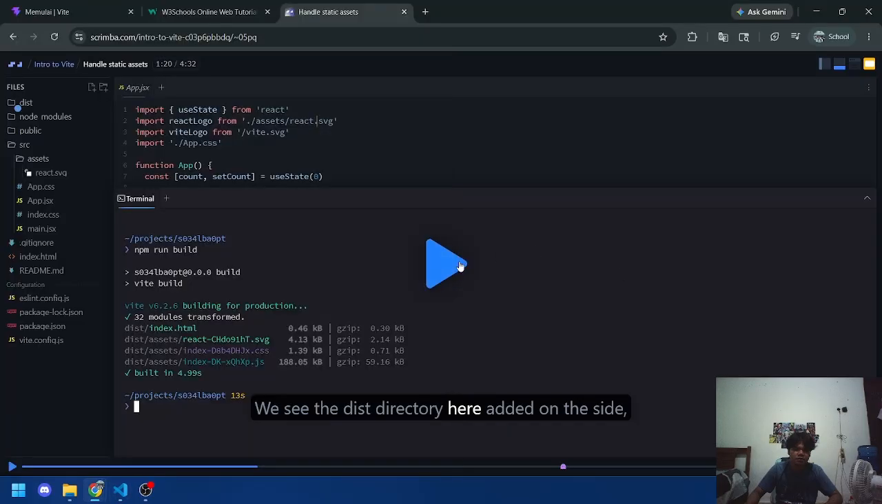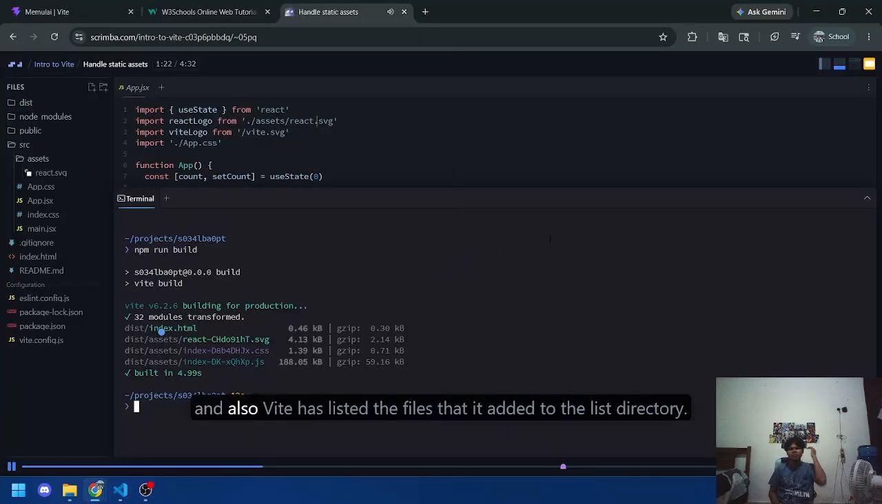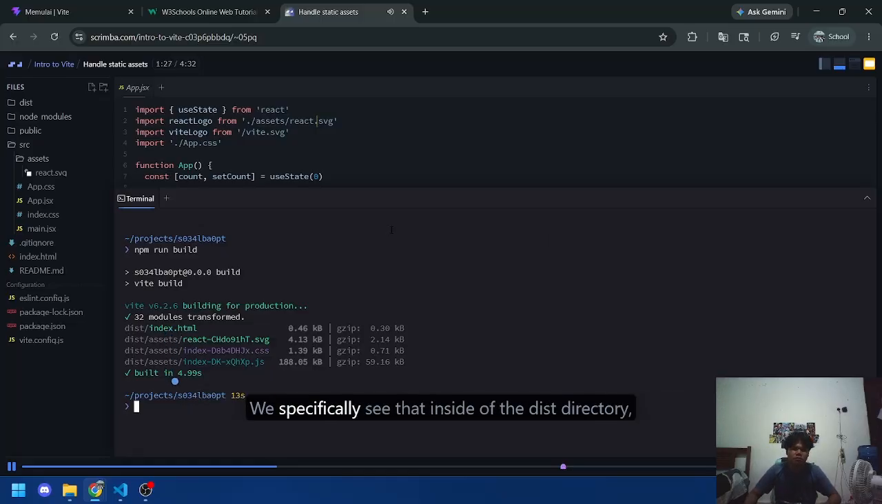Here is added on the side, and also Vite has listed the files that it added to the list directory. We specifically see that inside